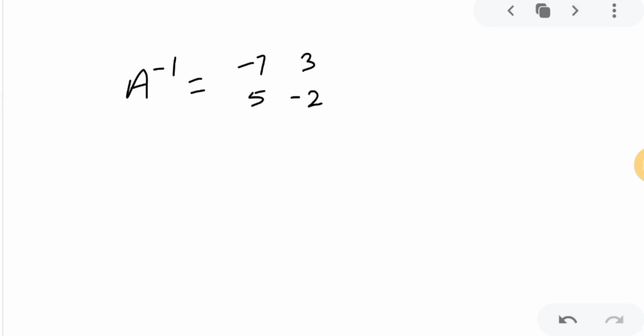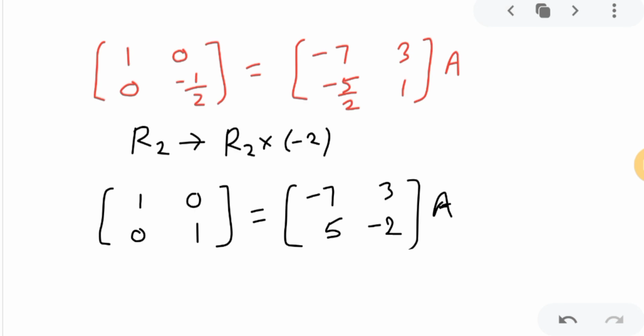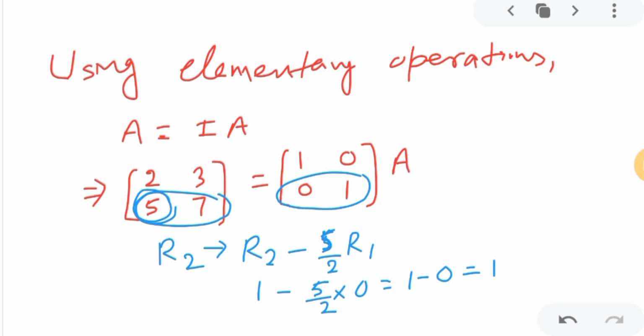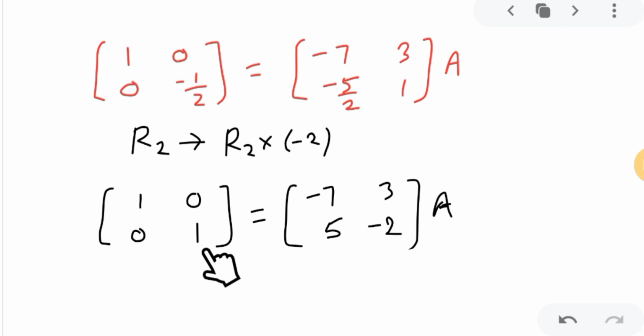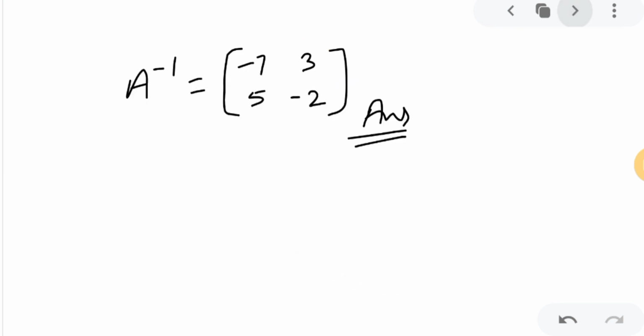So this is not difficult. Just do 1 or 2 questions from the book. Try, and you will get the idea of how to do it. Just keep the focus that on the left side, you have to make the matrix I, means 1, 0, 0, 1. So according to that I will perform the operations, so that I get 1, 0, 0, 1 on the left side. For that, 4 operations will be required for a 2 cross 2 matrix, and ultimately this will be your A inverse. So I hope you understood.